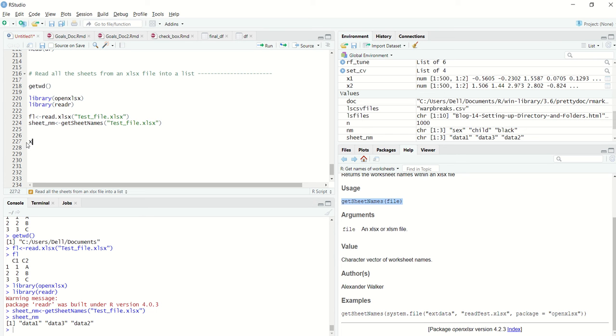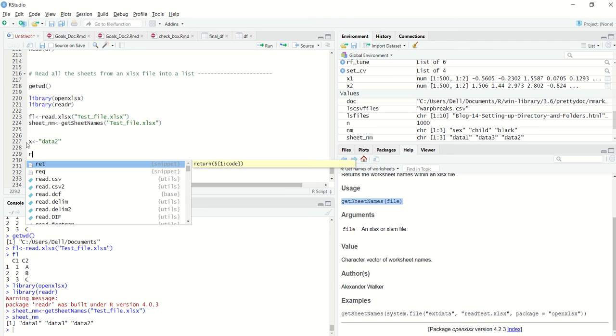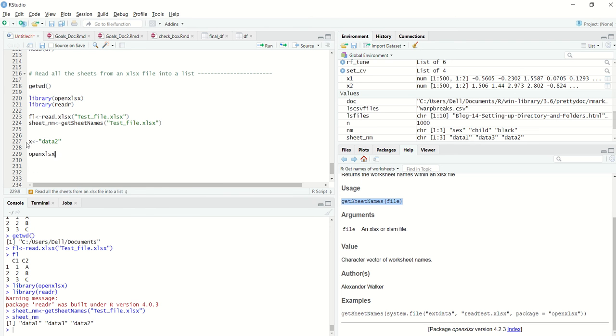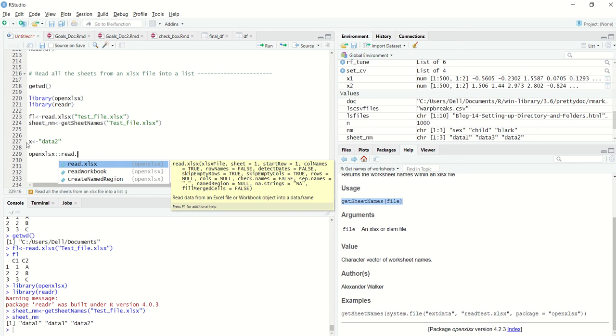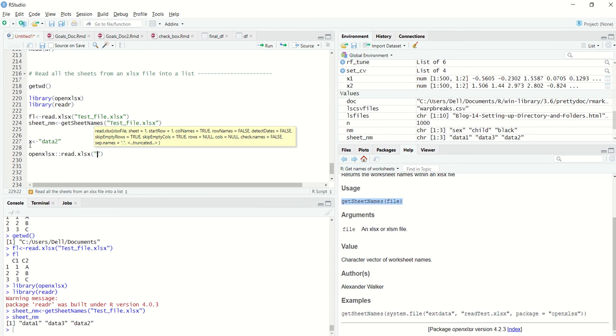So let's say I want to read the second data tab, or second worksheet, within R. How do I do that? I will just use OpenXLSX read.xlsx and then the name of the file.